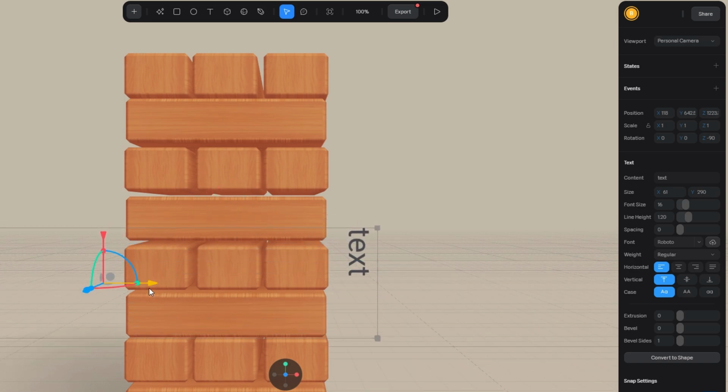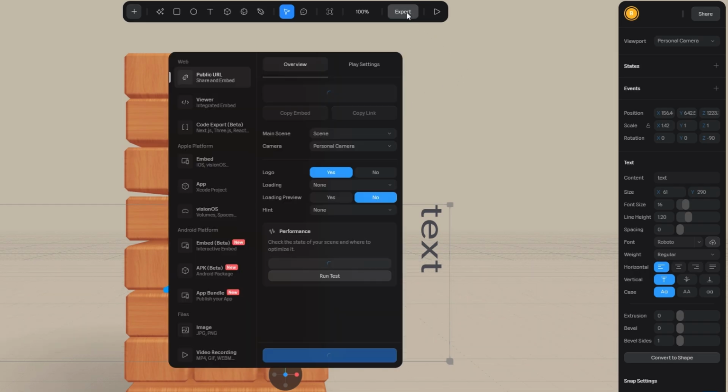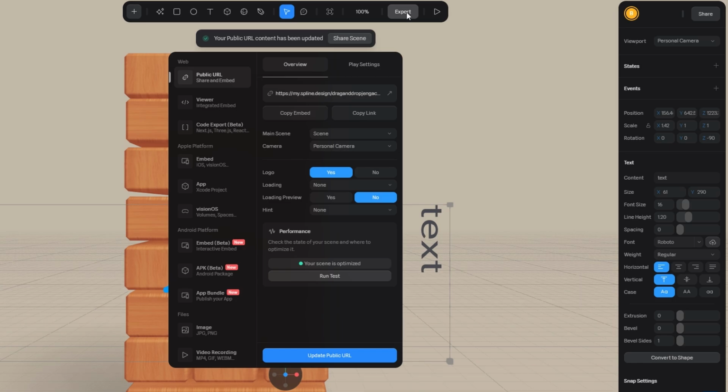After finishing your design in Spline, the next step is to export it in a format that suits your needs. Whether you're looking to share a static image, a video, or something more interactive, Spline has you covered. You can export your project as a high-resolution image or video, perfect for showcasing your design on social media, presentations,